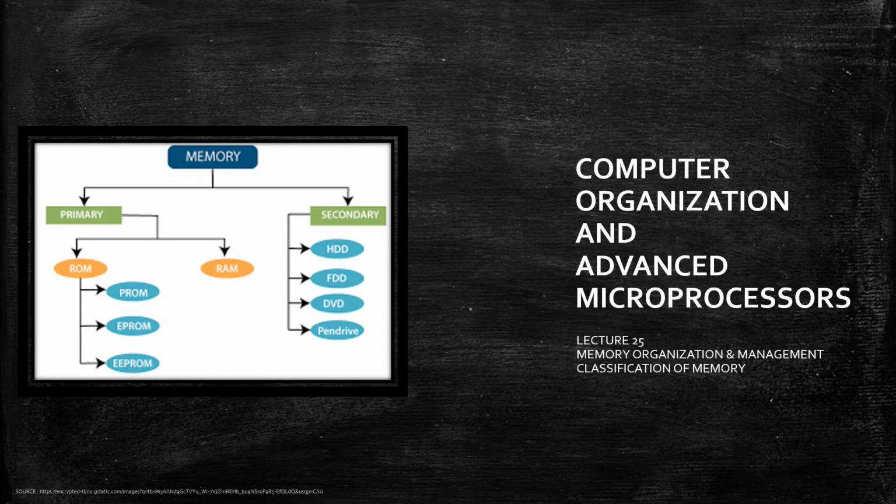These days we are learning memory organization and management, right? We have already discussed what memory is. We also correlated it with the human brain, how memory works, how it stores the data, and the different parameters we need to keep in mind when we go to buy a new computer memory. So we have a base to understand what memory is. In today's lecture we'll see how computer memory is classified into different categories based on certain parameters. So let's check it out.